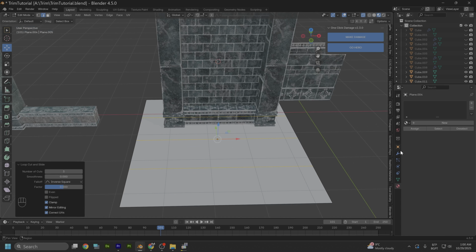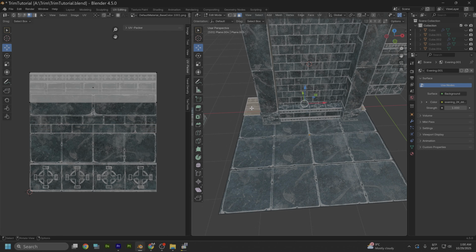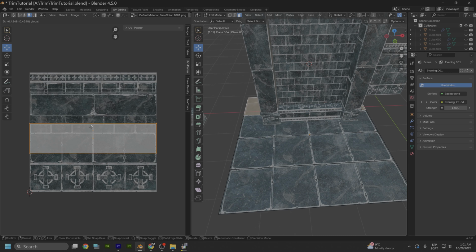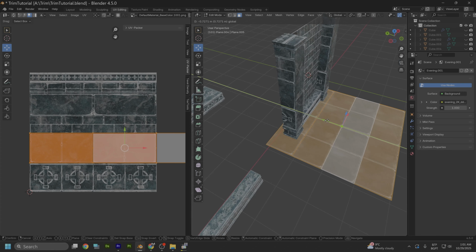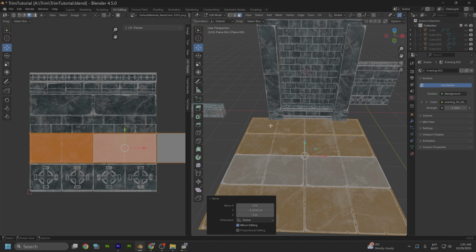Let's select this one, move it here, and the last one, move it here, and here we have some repetition, so let's move it like this, and let's select all, let's move it here, and